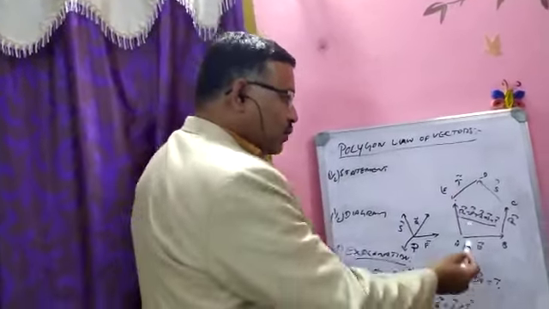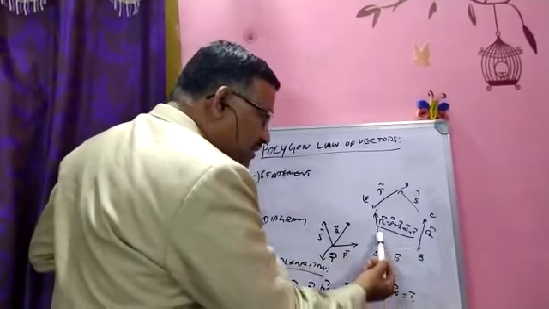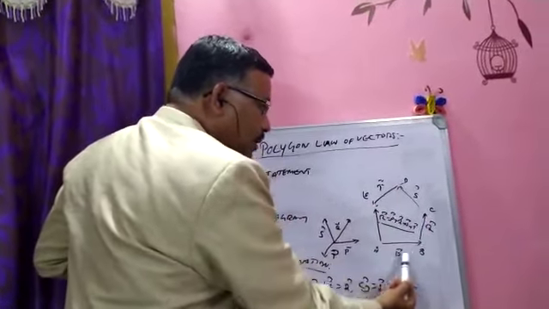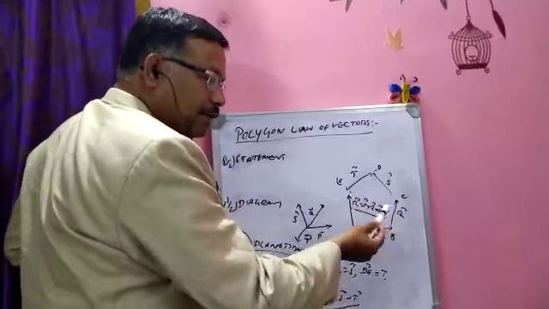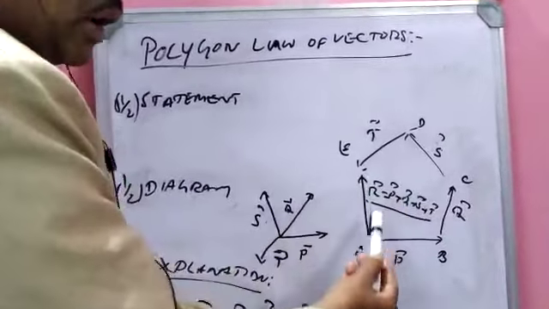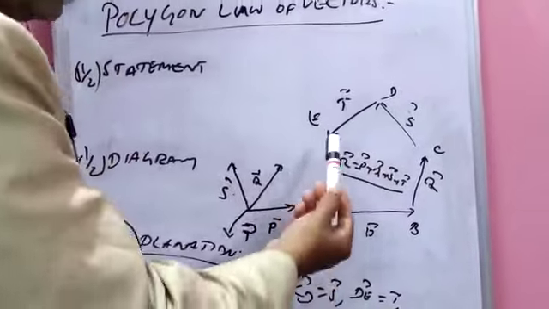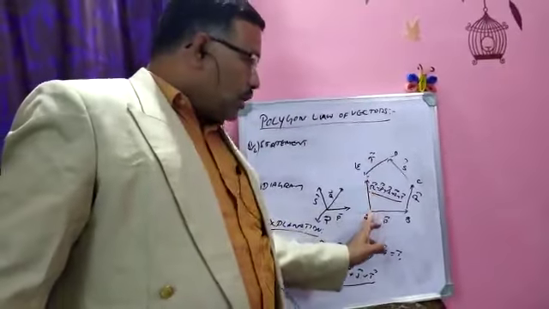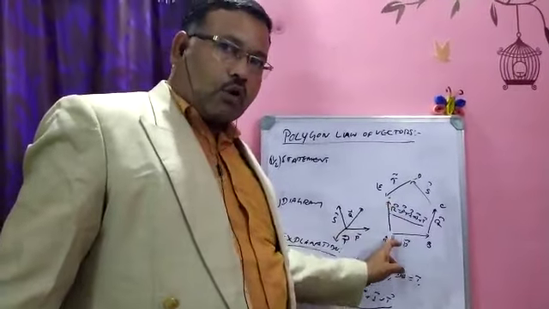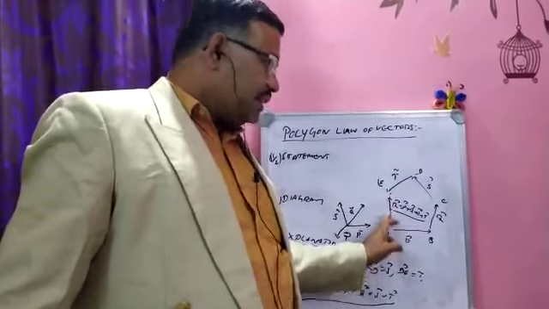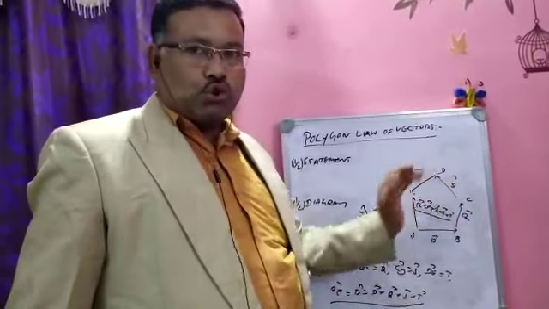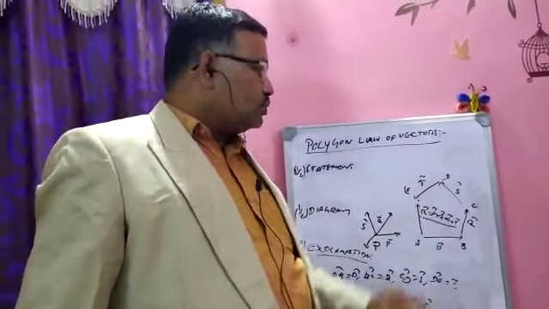Why are we saying closing side here? Because if you draw this line, the polygon will be closed, maybe a pentagon or hexagon, whatever the name; the common name we use is polygon. So the polygon will be closed, and it is called the closing side. When you draw the arrow mark for the resultant vector, the diagram will be closed. That is why it is called the closing side.